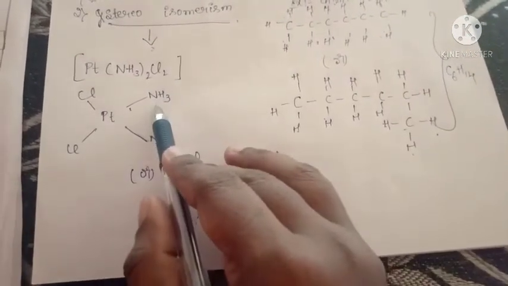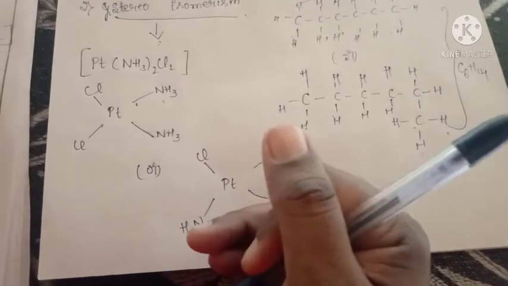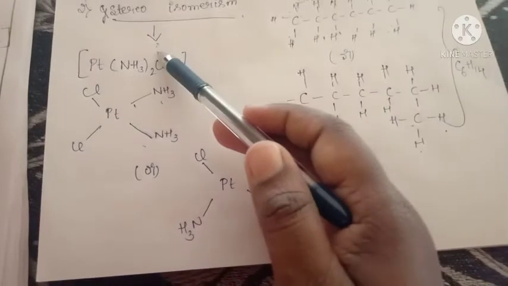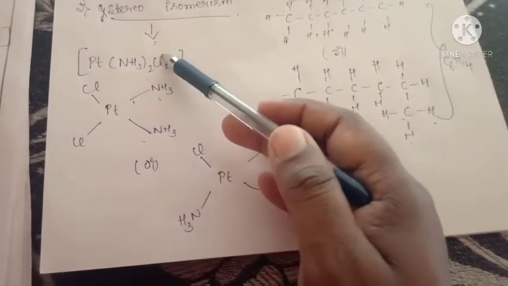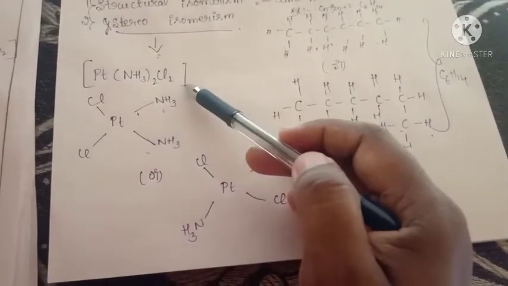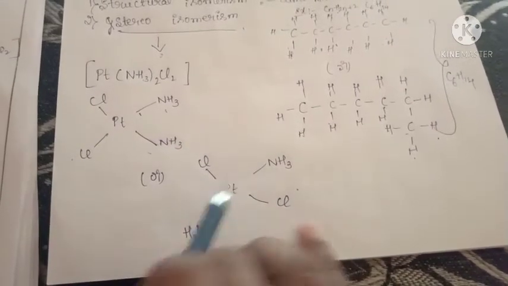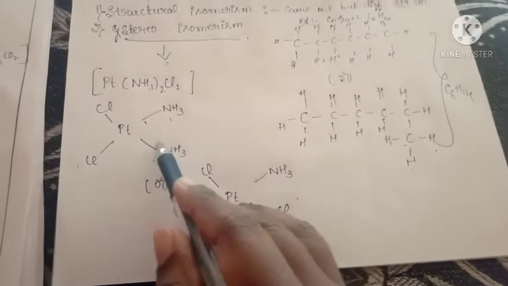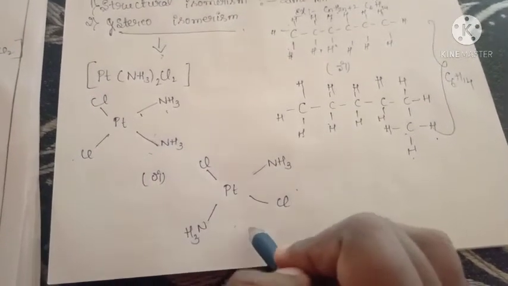Okay, here that arrangement is called cis and trans isomer. That will be learnt in the next classes. Stereoisomerism means they have the same molecular formula, but those atoms or groups present in the complex have a different arrangement. Here ammonia and chlorine are on the same side. In this one, the ammonia and chlorine are on opposite sides. That is called stereoisomerism. These are called stereoisomers. Get it?